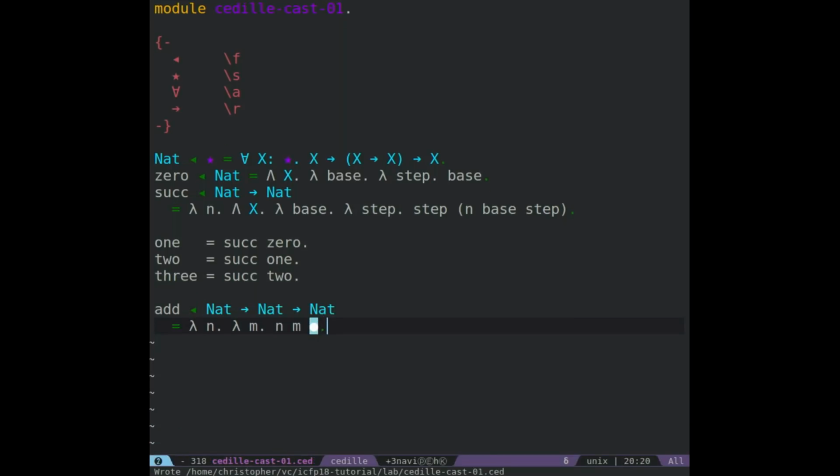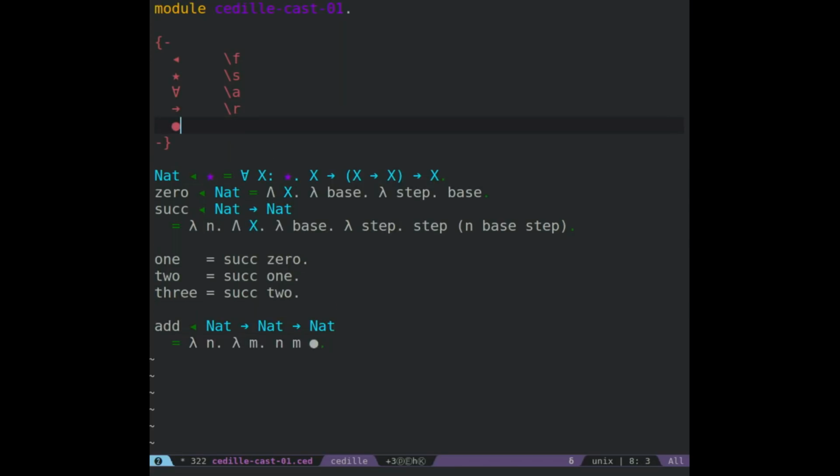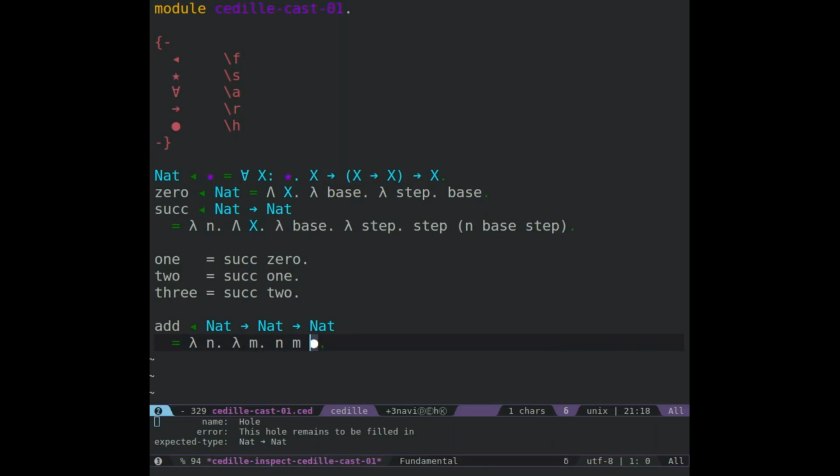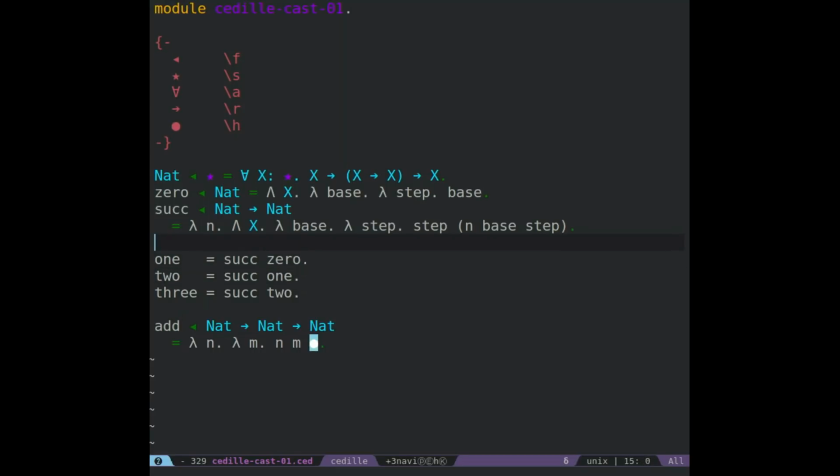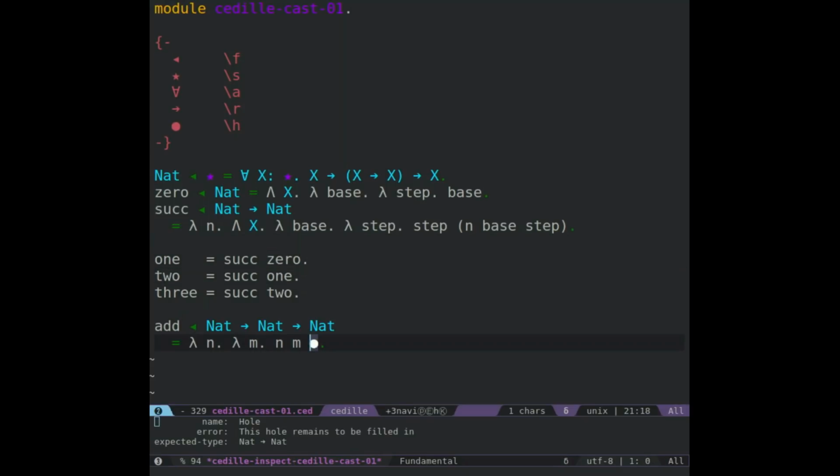step case. So here, if I want to begin working on the slightly more complicated part of the definition, I can type /h for a hole, which is an incomplete part of the program. And then if I press meta S and I've type checked my program with a hole, and I press R, I'll jump immediately to the first error here, which is this hole. So now I can see that this incomplete program has this expected type. So I can introduce it with